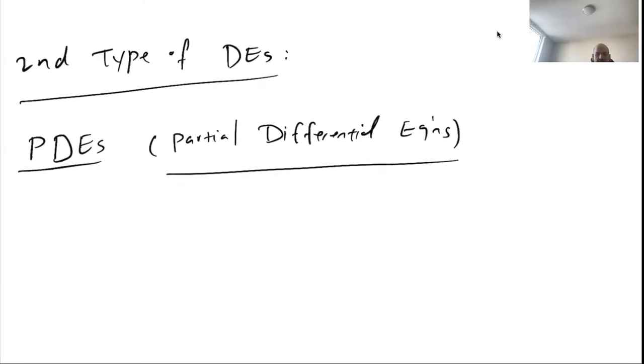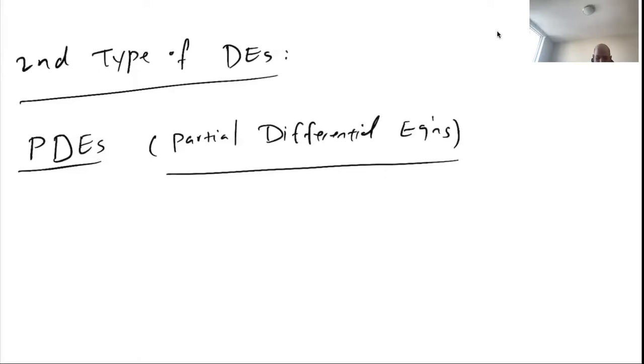So partial differential equations can happen if you have a function of two independent variables. So far, we had one independent variable and one dependent variable. We said that the independent variable could be called t and the dependent variable could be called x, or the independent variable could be called x and the dependent variable could be called y. Regardless of the notation, we had one independent variable, one dependent variable. But in multivariable calculus, you saw, or you will see, that you can have two independent variables and one dependent